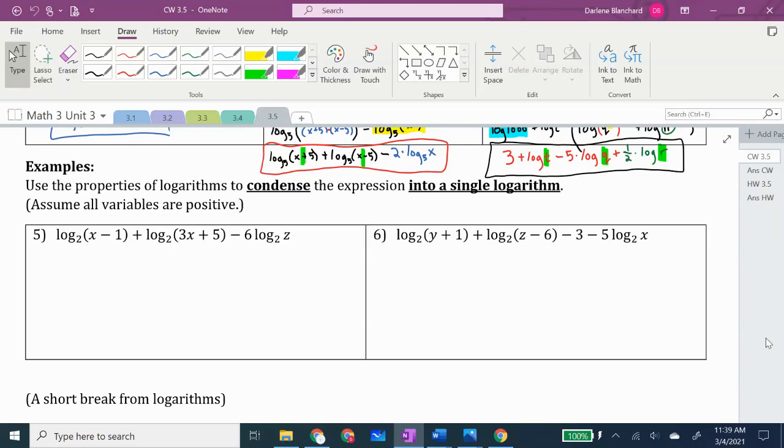Continuing with classwork 3.5. Now we are condensing using all three log rules. So that means I'm looking at the fact that I have addition and subtraction between different logarithms, and I'm trying to bring this into one logarithm. The first thing you need to check is,